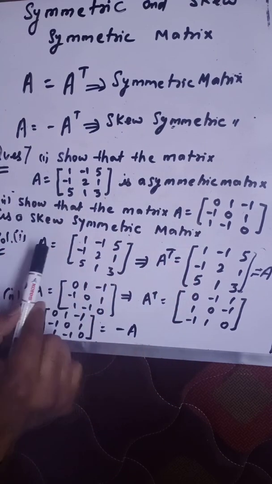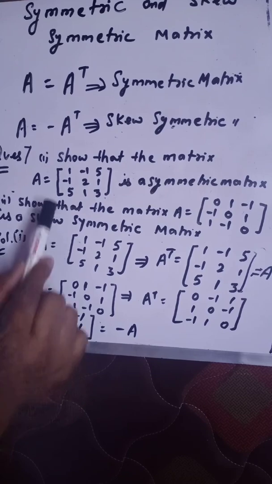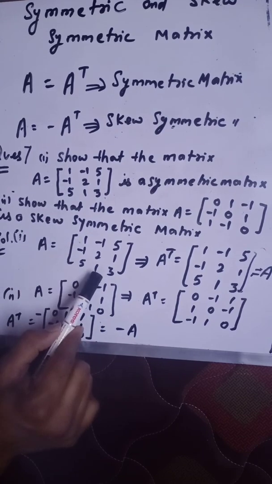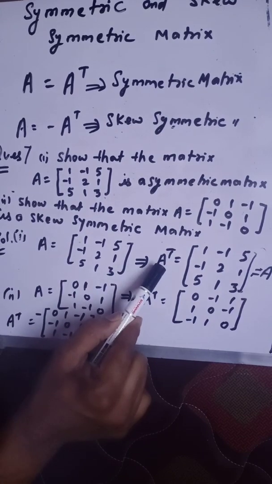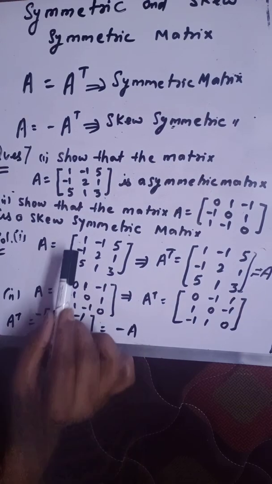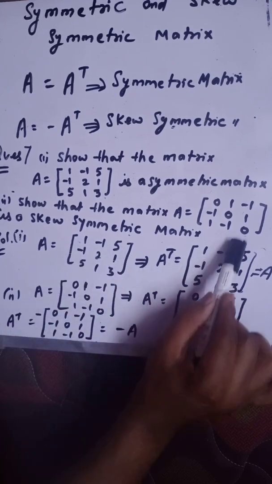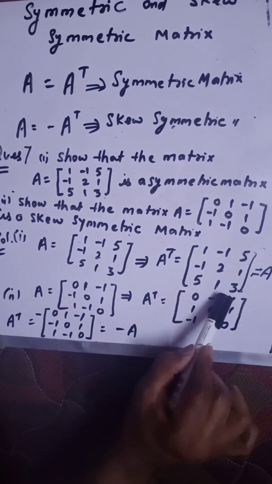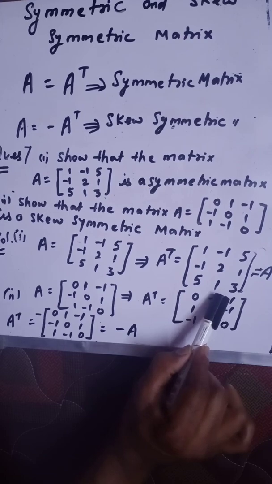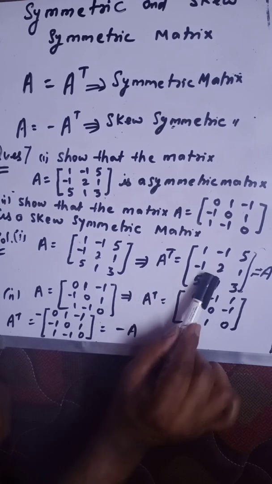Fine. So A matrix, in the solution I have just written the question, A matrix equals to this. Now I'm going to find out the transpose of this matrix. And transpose means what? You have to write this row as a column. Fine. And second row, third row column wise you have to write. You have to convert the rows into columns. So you will get the transpose.